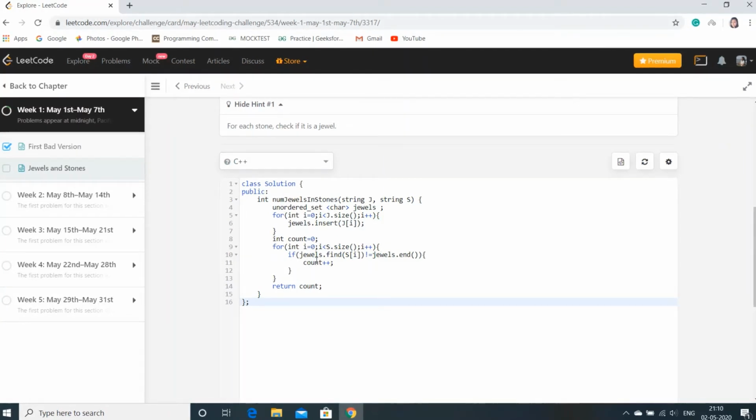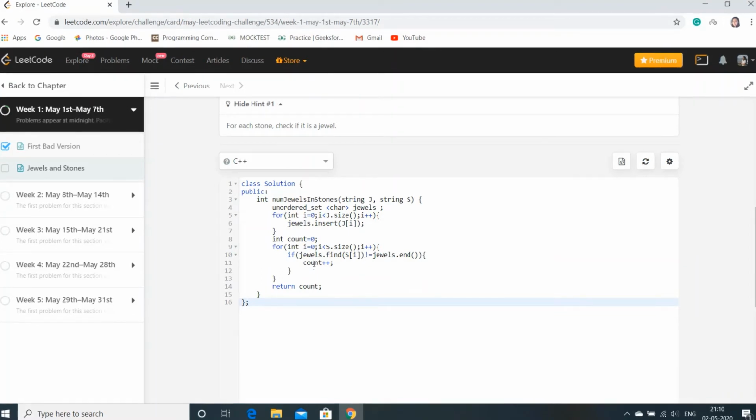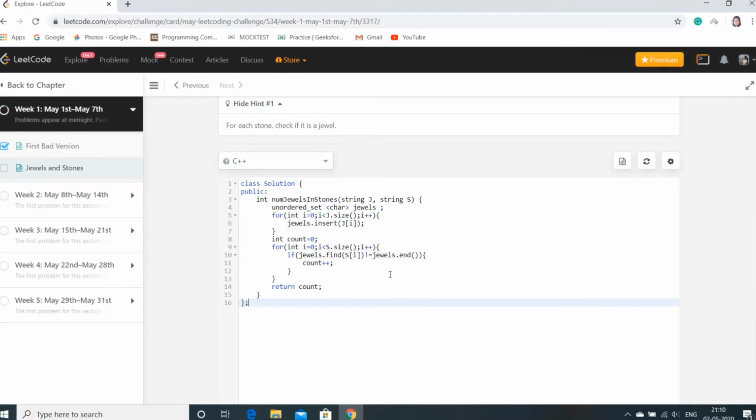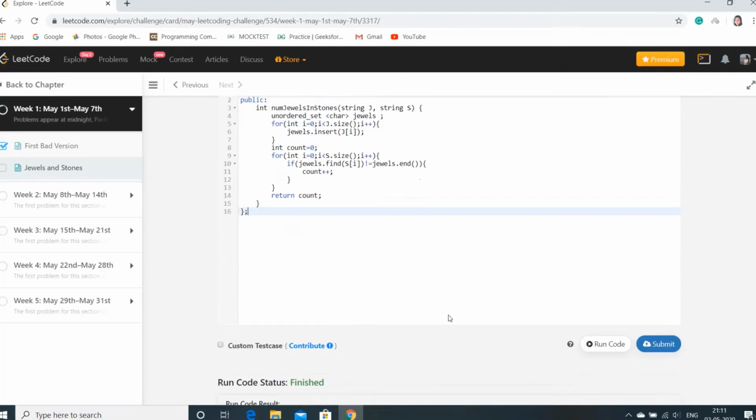And then I have checked a condition: if jewels.find(s[i]) is not the end of the set, that means the character of s is present in our unordered set of jewels, then we will increment our counter and then return our count. So that's how it is done.